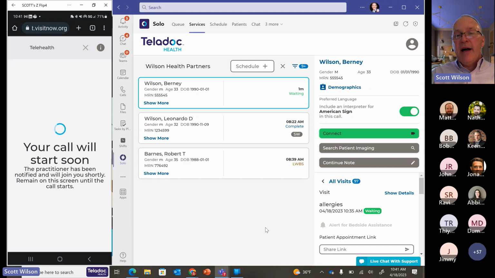There's also a couple of options in there. If they again need another opportunity to add the interpreter, they can add the interpreter that way once they're in the session. They can also send out extra invites. Maybe Bernie said, hey, I need my mom and dad to be here too. Here's their cell phone numbers. The care team member can put the numbers in there and then send that right out to Bernie. Once I hit the connect button,